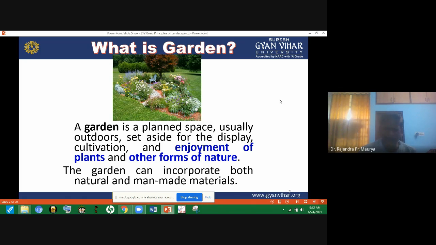If we are including natural things, then we can add the existing vegetation, any heritage items, a mountain, or any rocks already present. If there is lowland, that is a pond, we can give it the shape of a natural lake. All these are natural things.